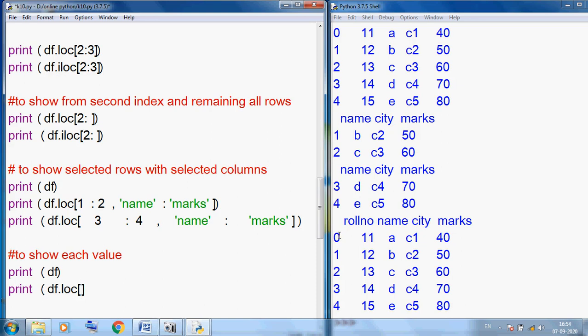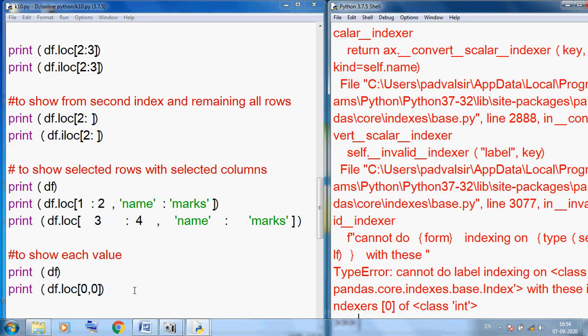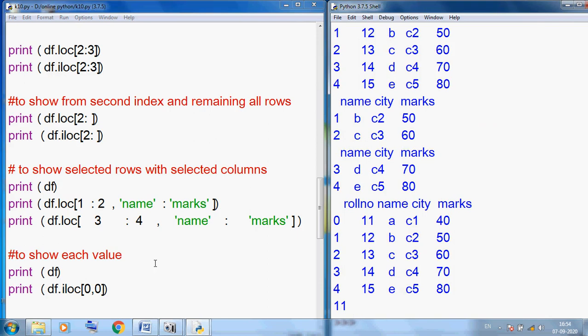This is 0, 0. Our 2D array concept we can use. I think this will create a problem. Here I am using iloc. iloc provides an integer index, so you should always use iloc, keep this in mind. So it will display 11.